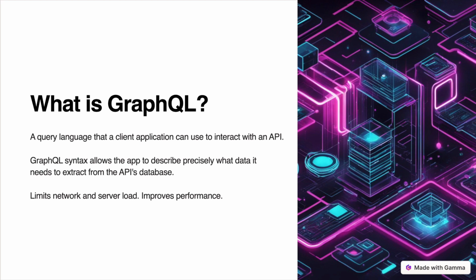From an API provider's perspective, GraphQL limits the amount of data going back and forth. So it's less traffic on the network, less workload with servers. It's a more efficient use of the infrastructure, so GraphQL helps improve performance. Now you're probably thinking, hey, I've been dealing with APIs and it's just not how it works. Now, the reason for that